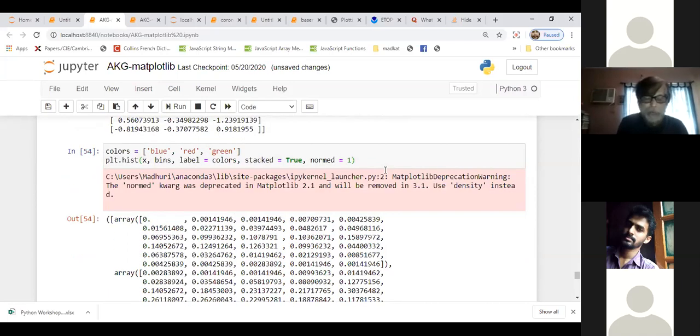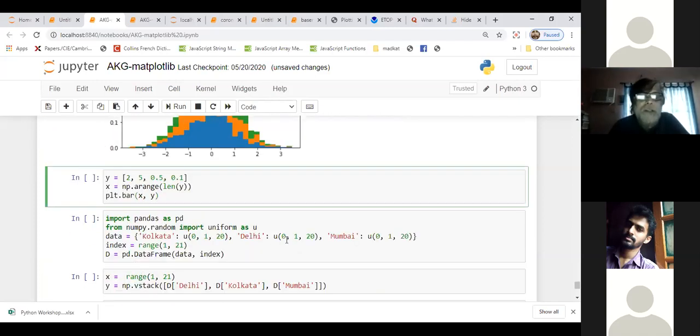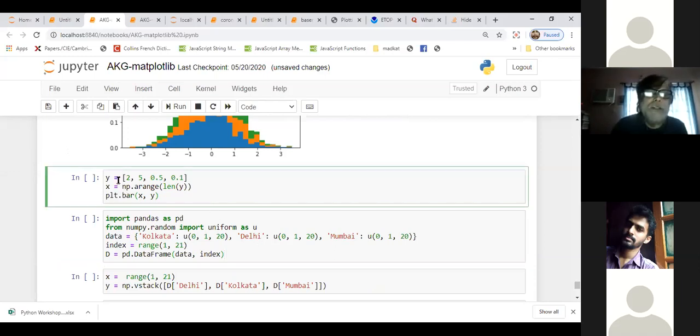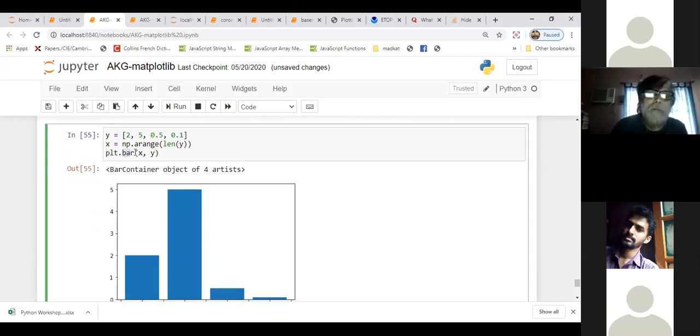Okay. So what did I write? H. I myself forget. H color, I think I wrote H color. I can check it. Yeah, H color equal to black. I think I wrote that. Anyway, this created some Y and X data and wanted to plot these bars. I just wanted to show you there's another function called VAR bar. So that's what I told you.